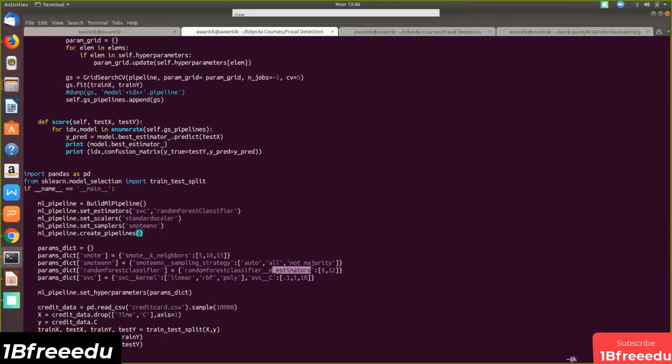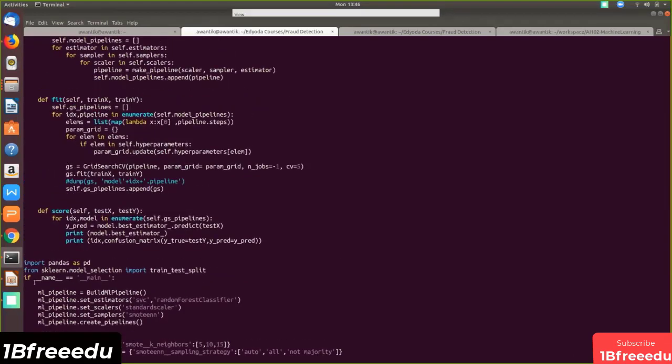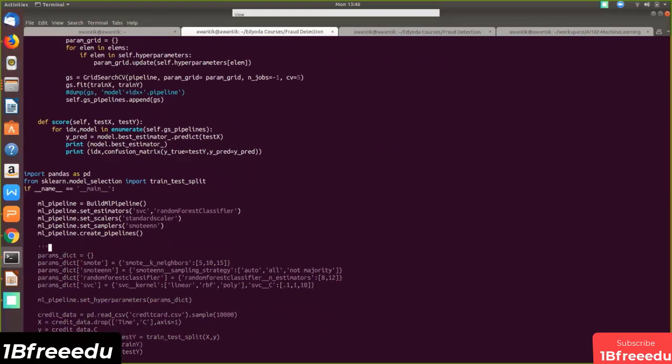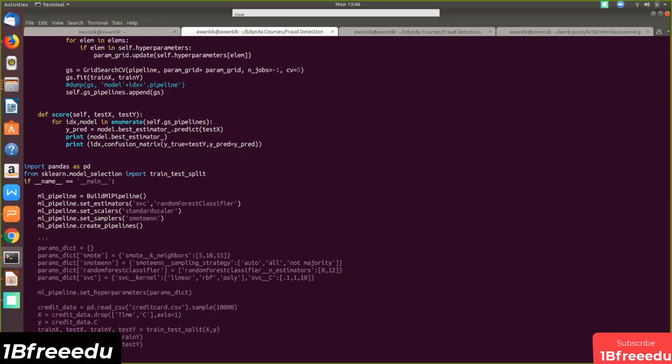Fit comes here. Now for the fit part, we have all the model pipelines already existing. We need to wrap around that with the best hyperparameters. So here we're extracting the first parameter of each pipeline. So how to understand that? First, we need to see how to realize that fact.